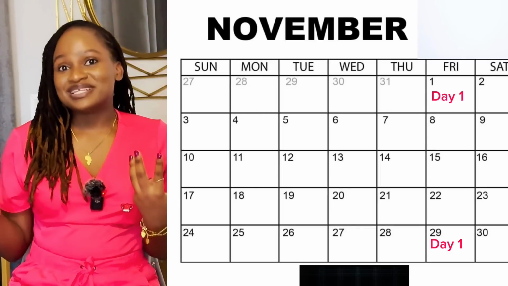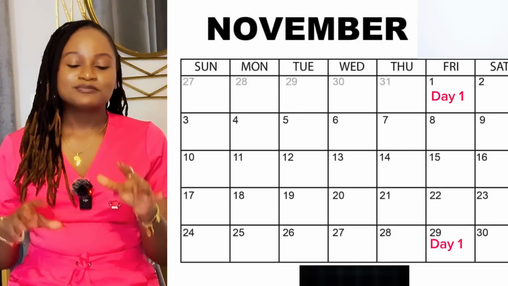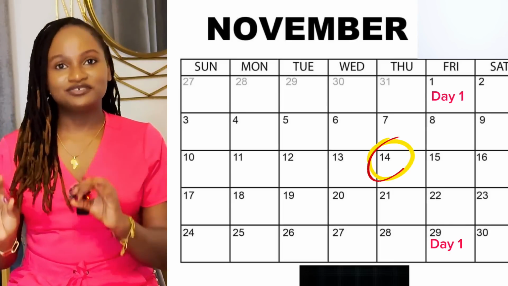So now we're going to use the average length of the luteal phase, which is 14 days, and then we're going to subtract 14 days, because if the luteal phase occurs from after ovulation till you see your next period, then if we subtract 14 days, whatever is left is the day that we are actually ovulating. So now back to the 28-day woman.